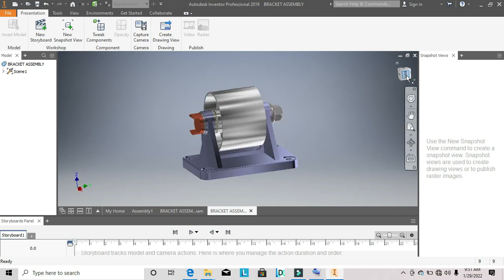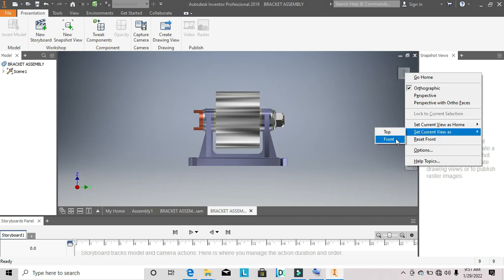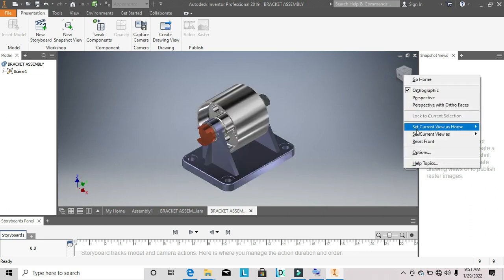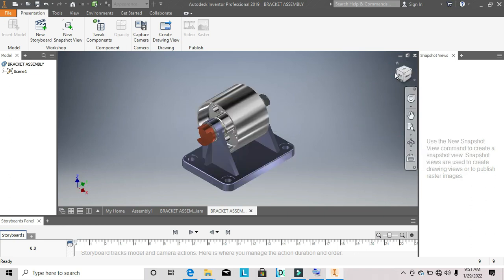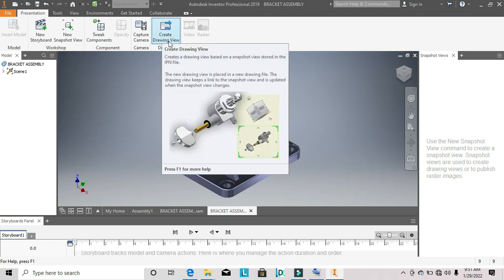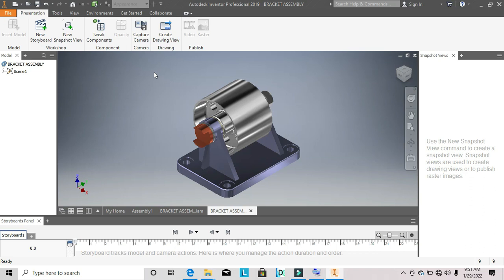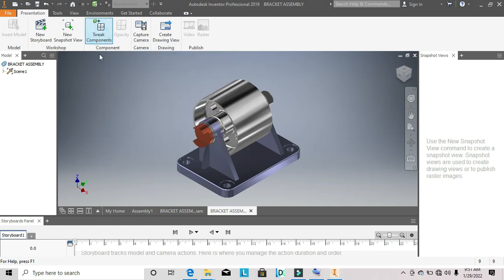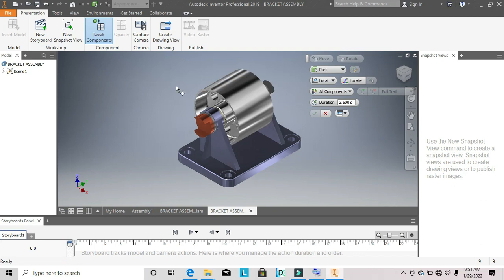So I'll go to this front. I will change it and set it as front. Go to this part, set it as to view. Now going by creating drawing view, or if you want to tweak the components, you start